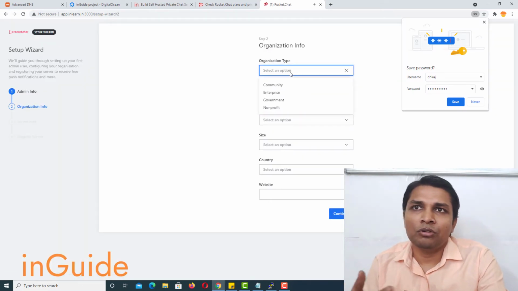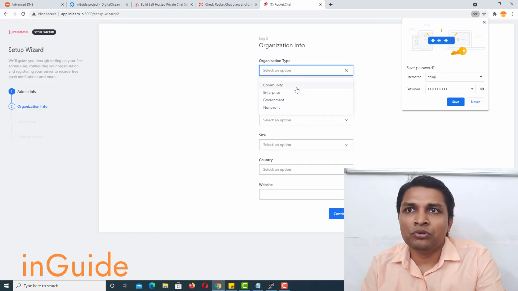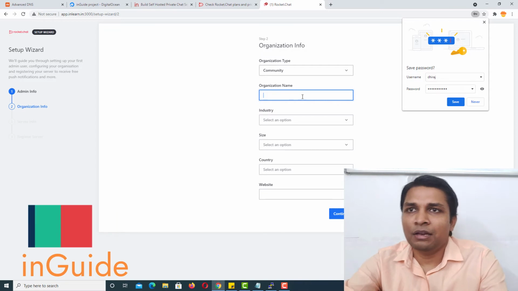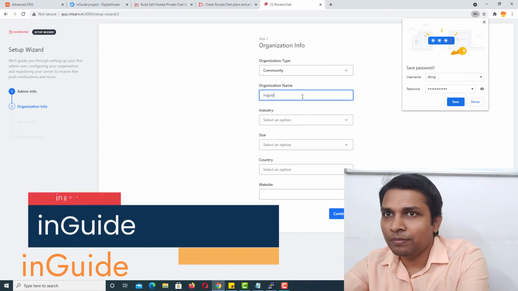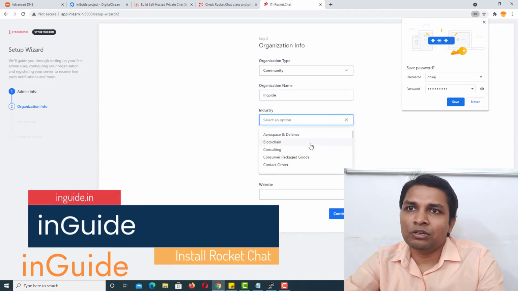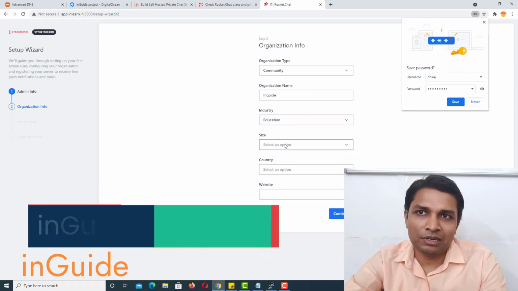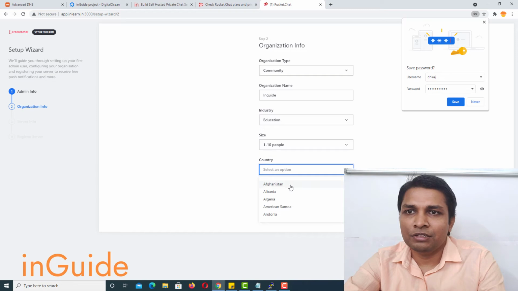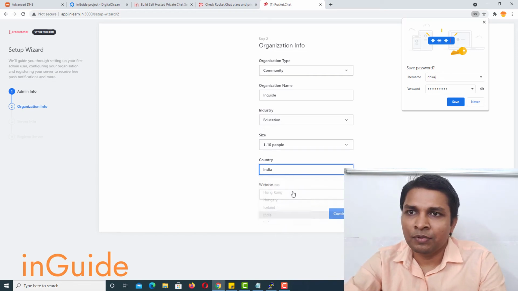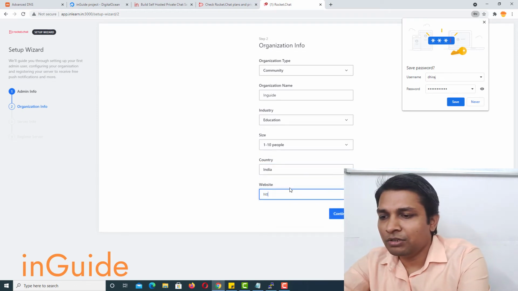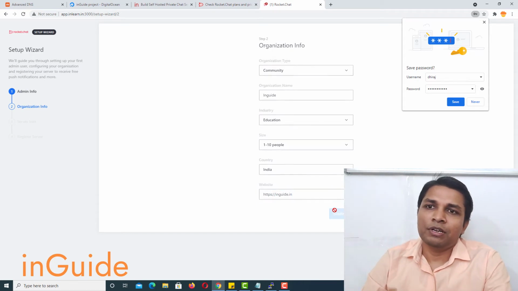Next it will ask you about your organization info, so I'll select community here, and then my organization name, and it will ask you about industries. So here I am going to select education, and then size, country. Alright, and then it will ask you for the website. Alright, after that continue,